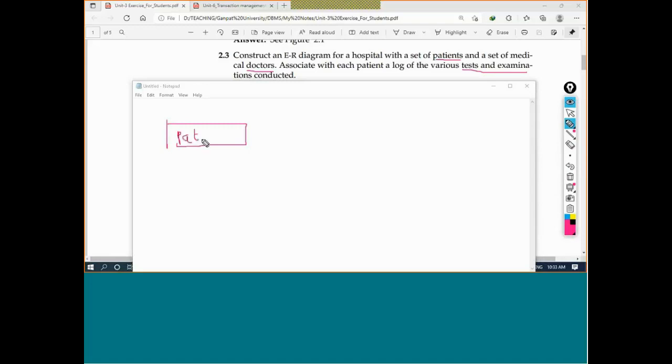I will simply tell you the connections. I will not give you all the attributes. Patient, okay, I will say patient only because it's an entity set itself. Now patient is connected with the doctor, and another thing they have is the test. I will say test and examination. Is the word test okay, or is test and examination not good? When I convert this ER model to the relational model, the table format, it creates a problem. So I will keep it just test. Okay, that's better.